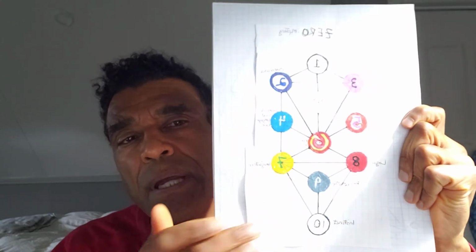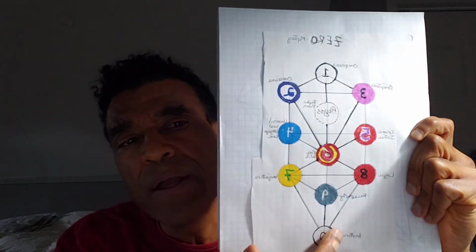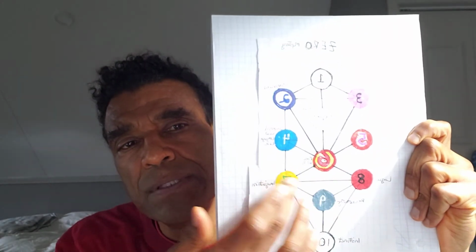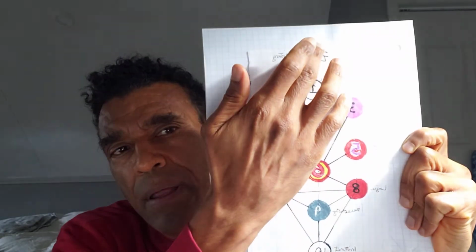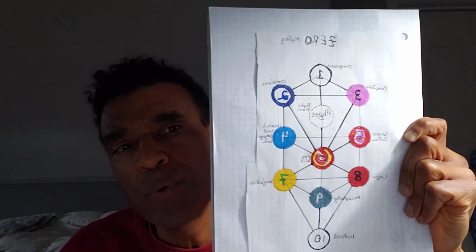But basically, these are just our 12 faculties of consciousness, each one of these different, including this here and the area above the tree. So a total of 12 different faculties of consciousness. And I use these things in the courses that I teach as just kind of an organizational structure.